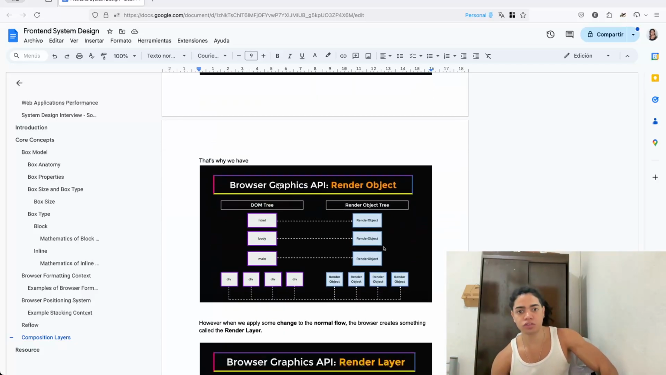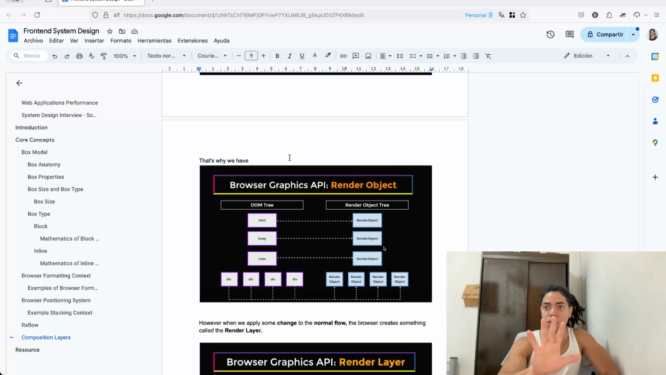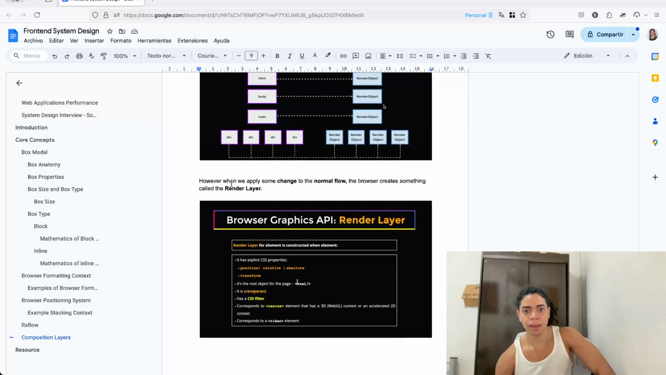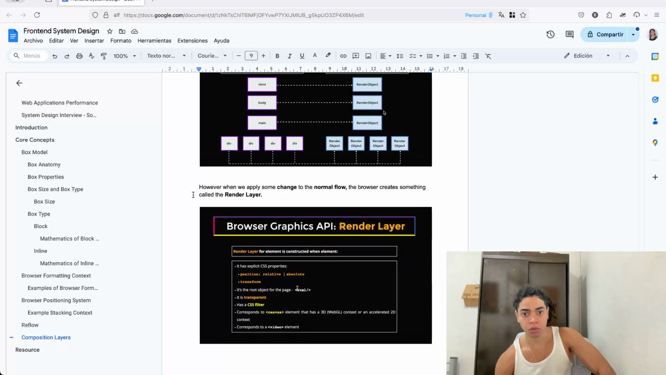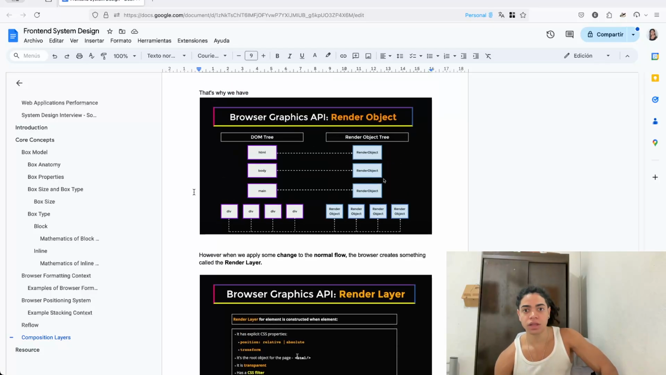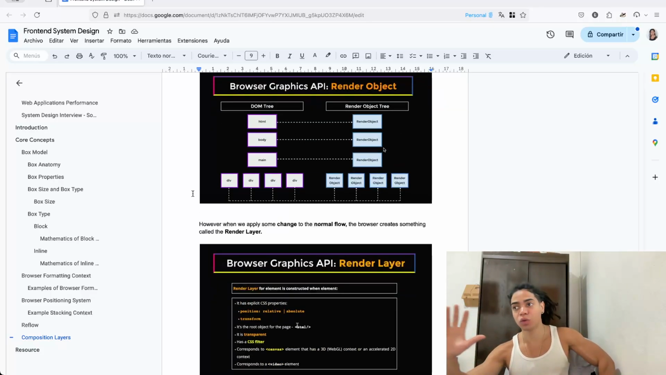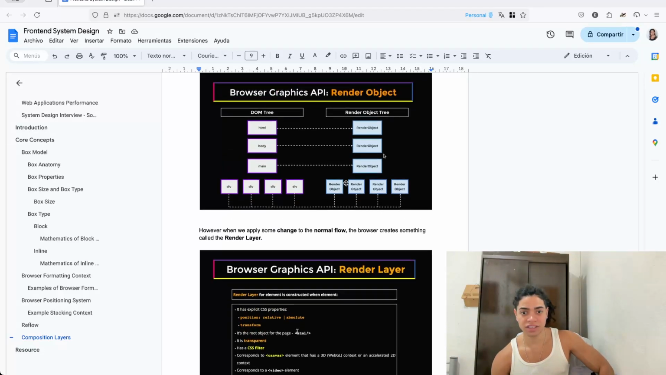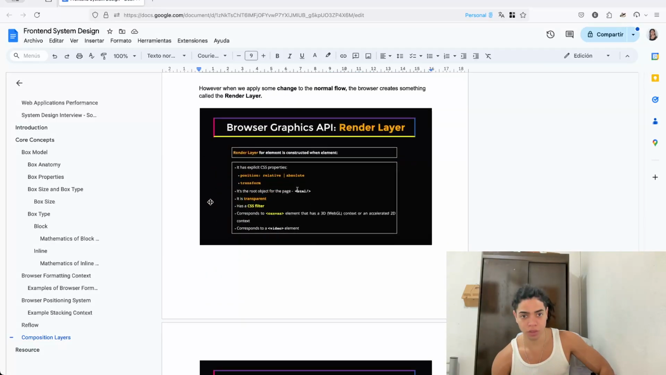So because we have something called the render object, which is generated by the browser as a way to represent each one of those elements that have a corresponding object on the render tree. But when you change the normal flow of each one of them, you are effectively creating a render layer. In other words, it is how you're going to talk to the GPU through this particular render layer, which of course, since this particular model is not optimal, what is the render layer doing, especially when you, for example,